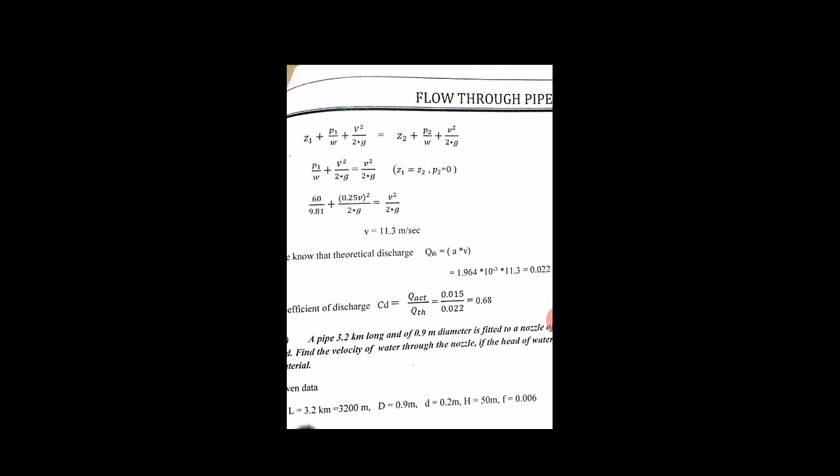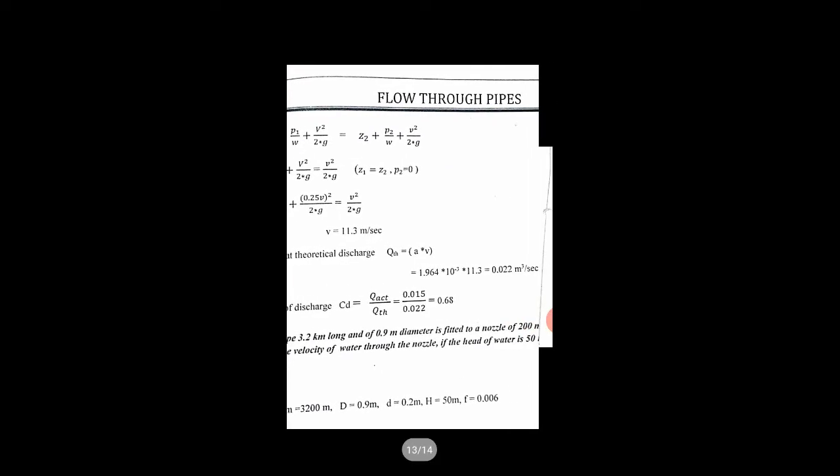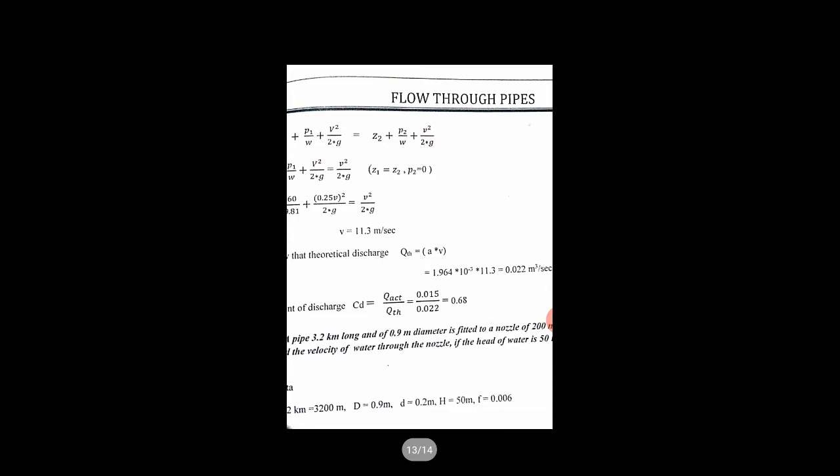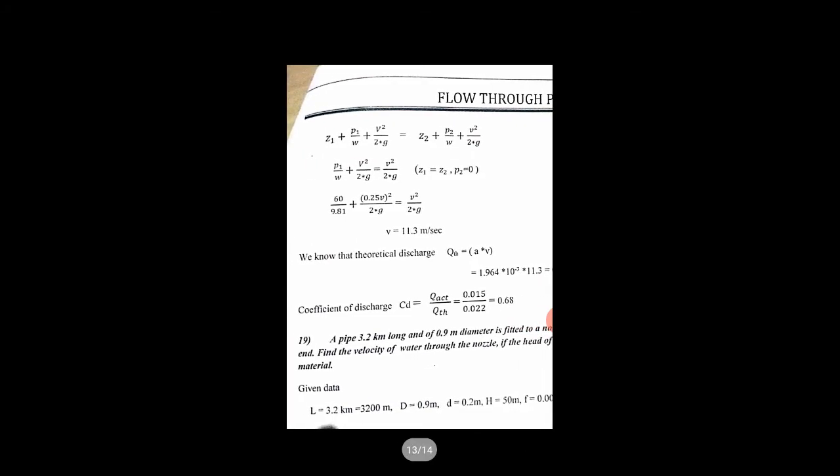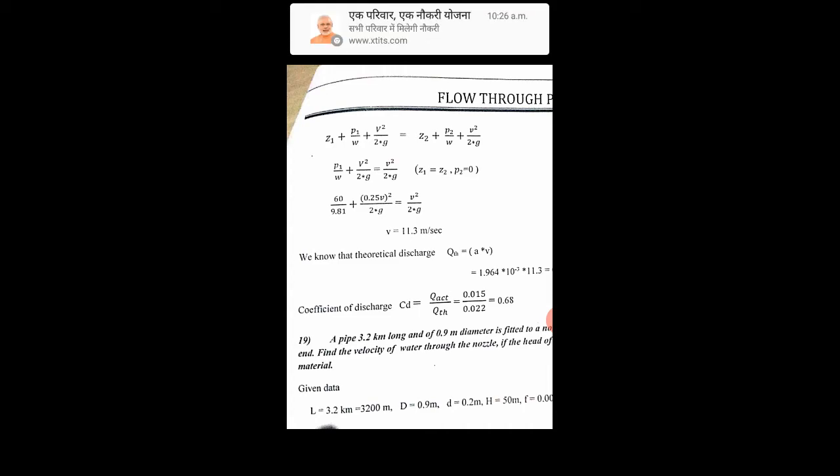We know that the theoretical discharge Q equals A into V, so that is 0.022 meter cube per second. Then the coefficient of discharge equals the actual discharge divided by the theoretical discharge. So that is 0.015 divided by 0.022, which equals 0.68. The next problem we have is